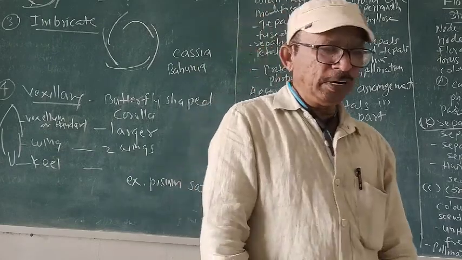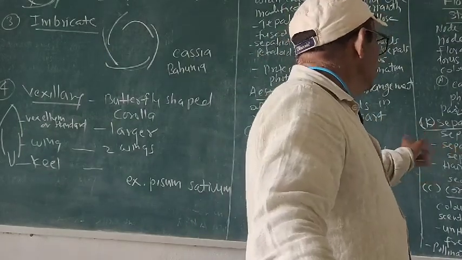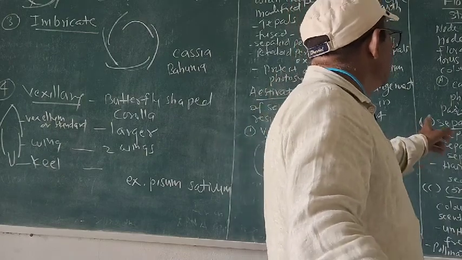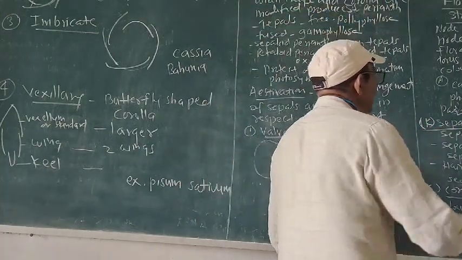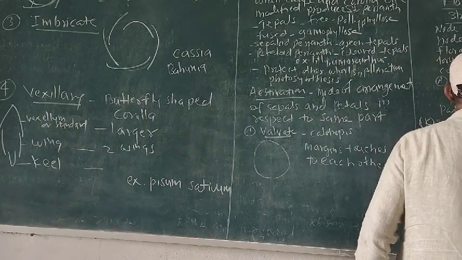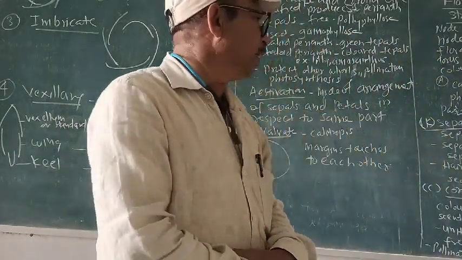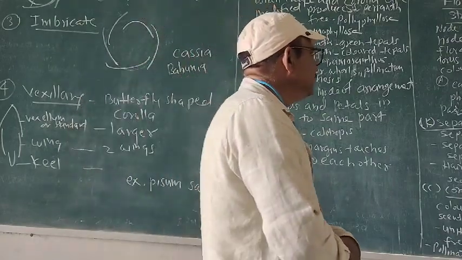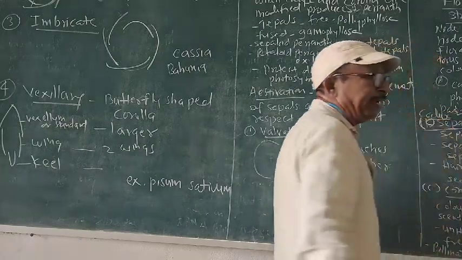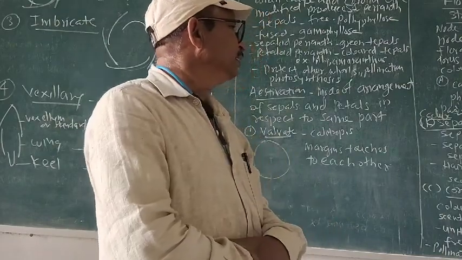And here we know that these calyx, corolla, androecium, gynoecium, we have to study one after another. And we know that in the accessory there is another floral part that is called the corolla. One is the calyx, another is the corolla. So we can study these parts one after another. Now this is the calyx. It is denoted by capital K. It is called sepals.